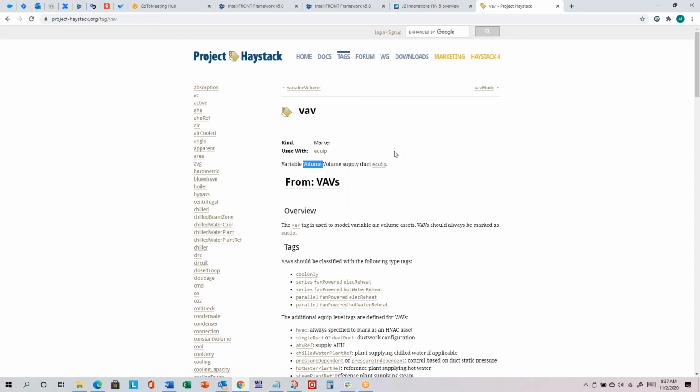Haystack is also a protocol for communication, not commonly used these days. But one potential usage of IntelliFront that we are not going to do this week is